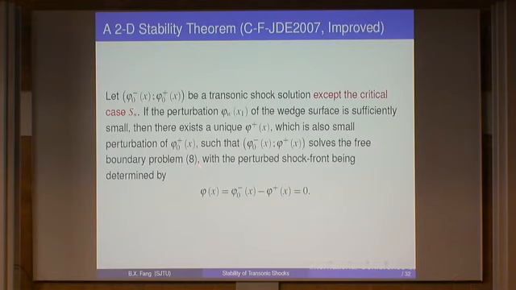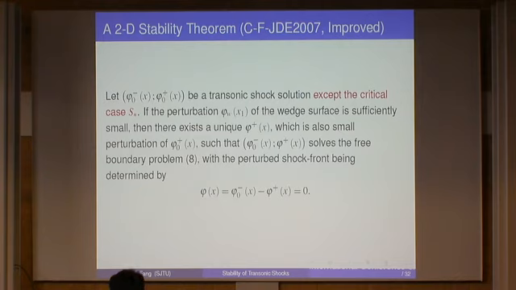So this is our previous stability theory for the 2D case, for transonic shock solutions, except the critical case. So maybe I should just recall the 2D case. This is a shock polar, and this is a sonic circle. So this is the critical case, and in general we will have